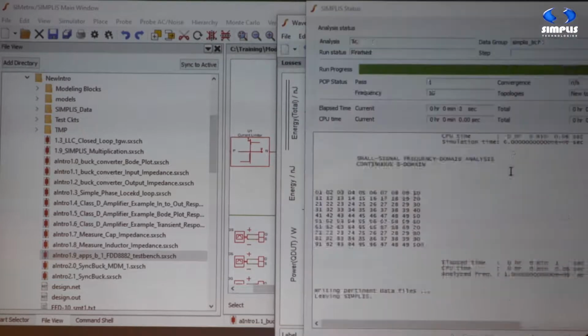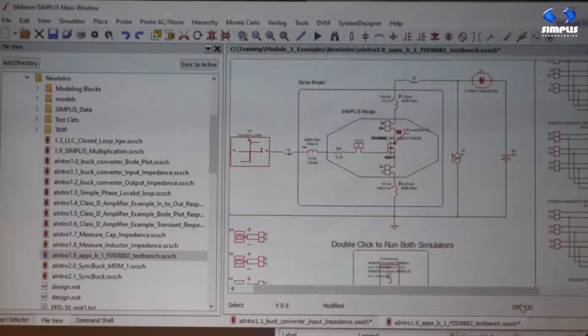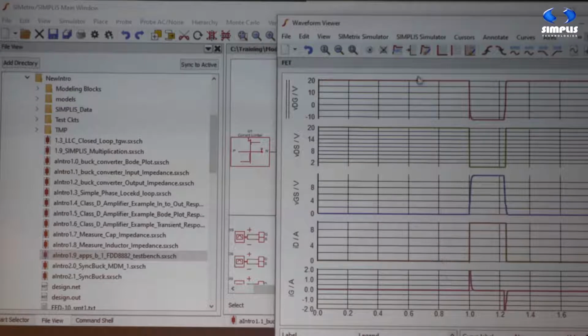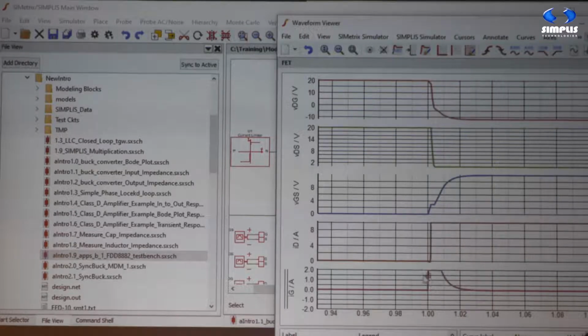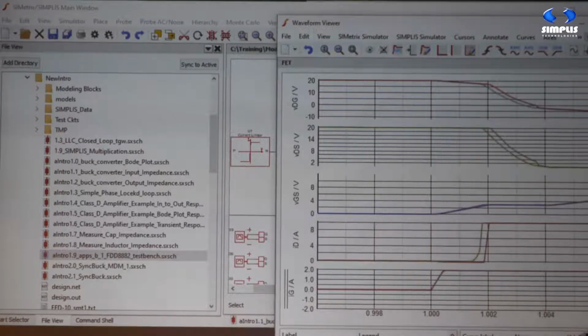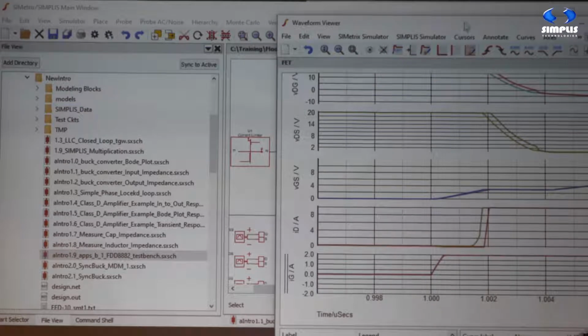So we're doing a SPICE run, and now we're doing a SIMPLIS analysis. So here we have the waveforms, the drain to source, gate to source, and gate current, for example. And you can see that the waveforms between SIMPLIS and SPICE are almost identical. There's a little bit of difference if you zoom way in, okay? But if we look at the loss characteristics,